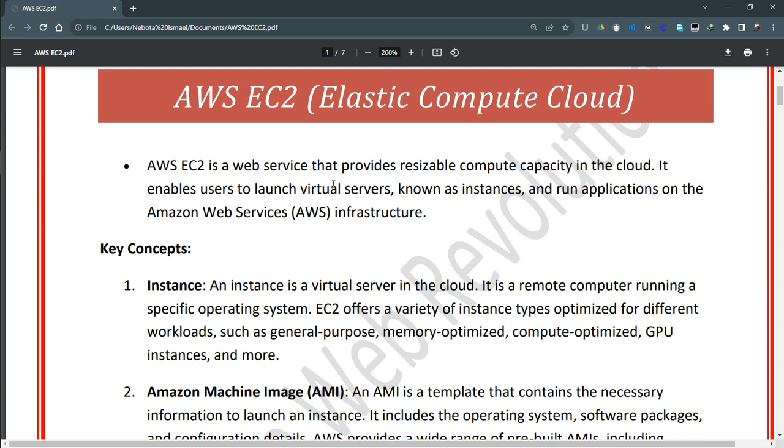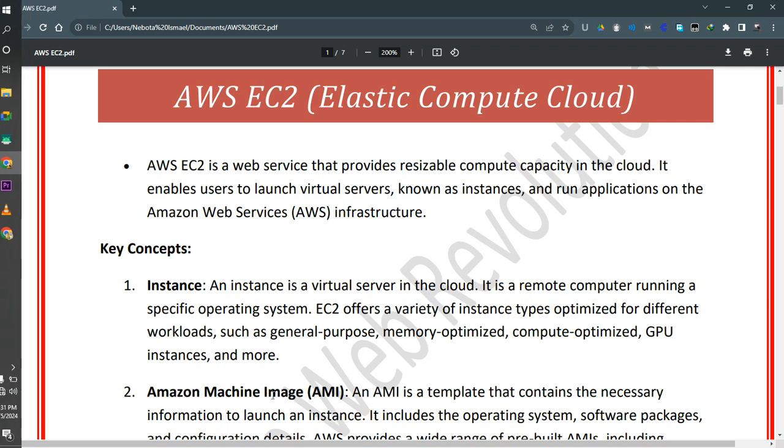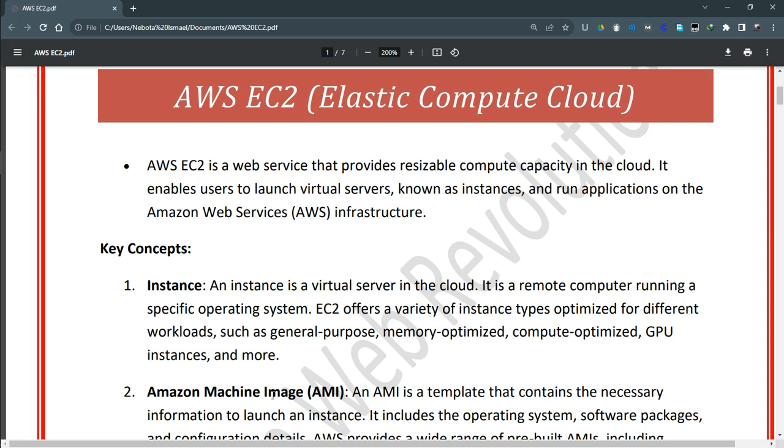Now, by default, when you use your normal Windows computer, like what I'm using now, it actually provides us a computer resource, right? So what this means is, if you are working on the cloud like AWS, which is a cloud service, they also provide compute services like what we have here. So it provides you resizable compute capacity in the cloud, so you can work with computers